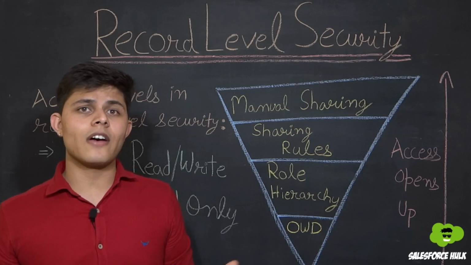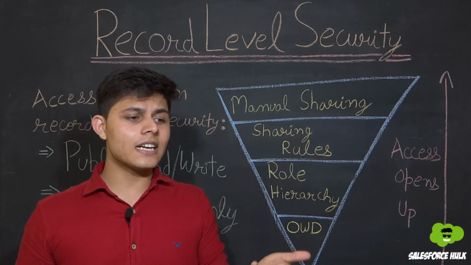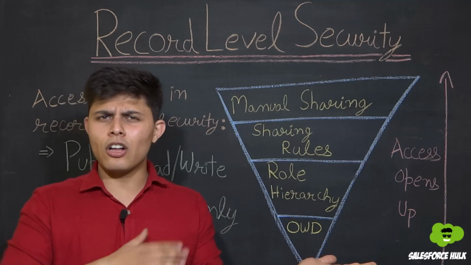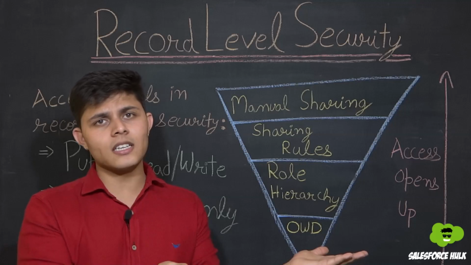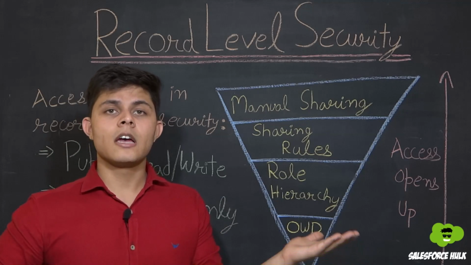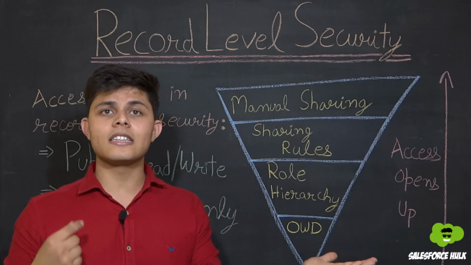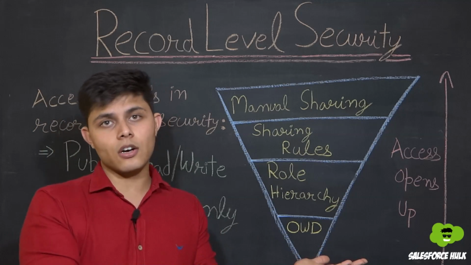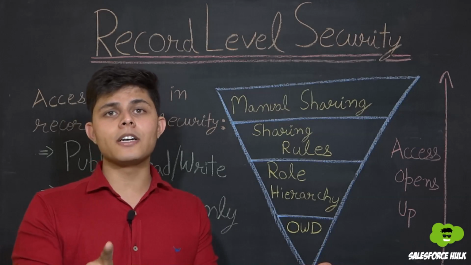And what that baseline level of access means is that if you have set OWD as public read write, then all the users in your organization will be able to read the records and all the users in your organization will be able to edit the records. But if you have set it as public read only, then in that situation all the users in your organization will be able to view the records of that particular object, but will not be able to edit the records